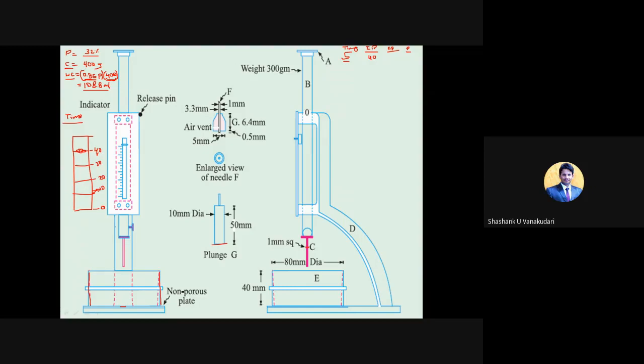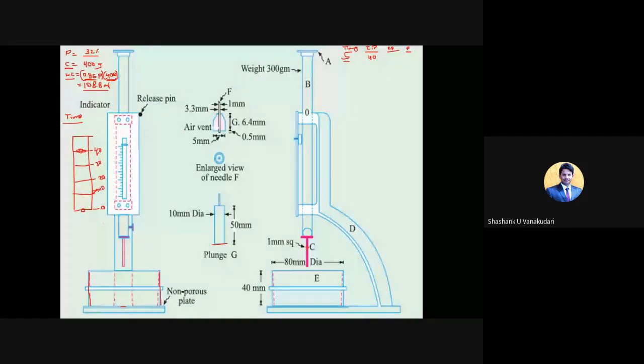So once you drop this pin or release this pin, you need to note down where exactly it is going to touch. Of course, as per our experiments, this entire indicator is going to reach 0 itself, because concrete will be in a consistency, I mean it's most fluid in its nature. So the initial reading will be 40 and the final reading will be 0. So what will be the penetration value now? 40 mm. Clear? 40 mm you got.